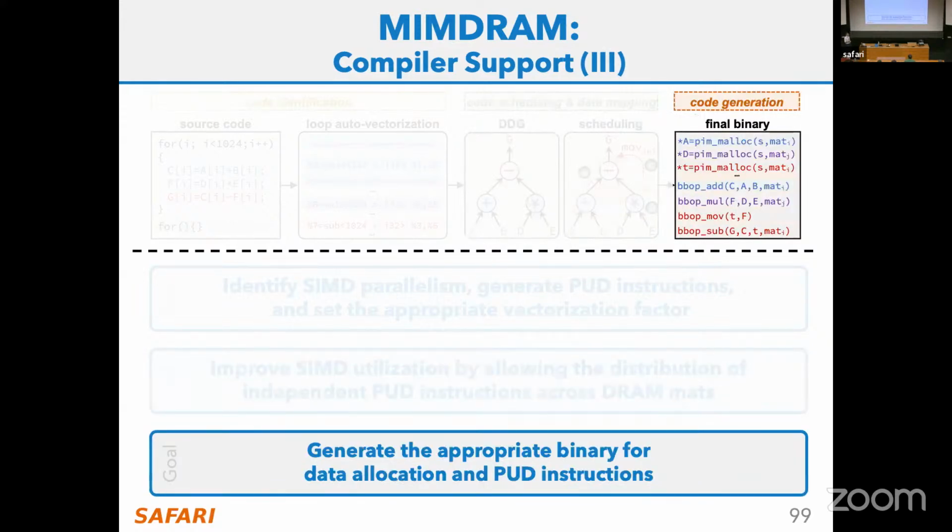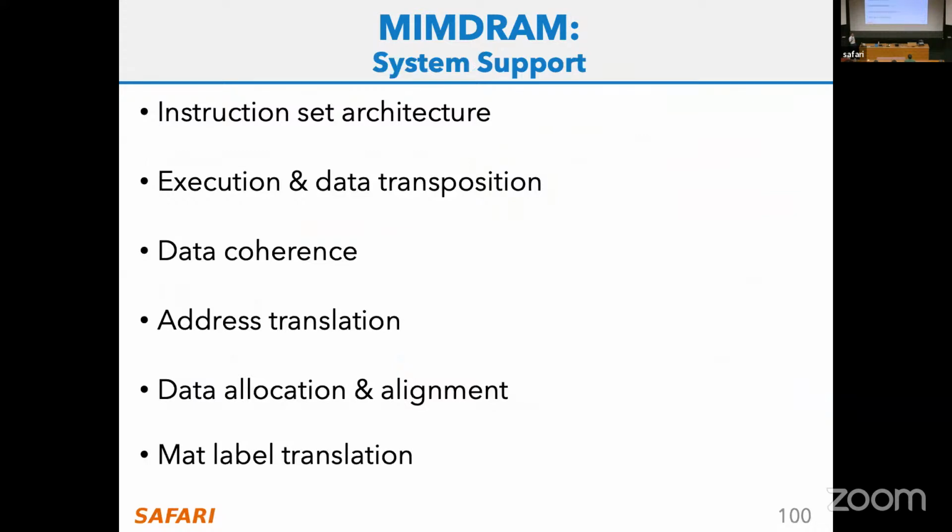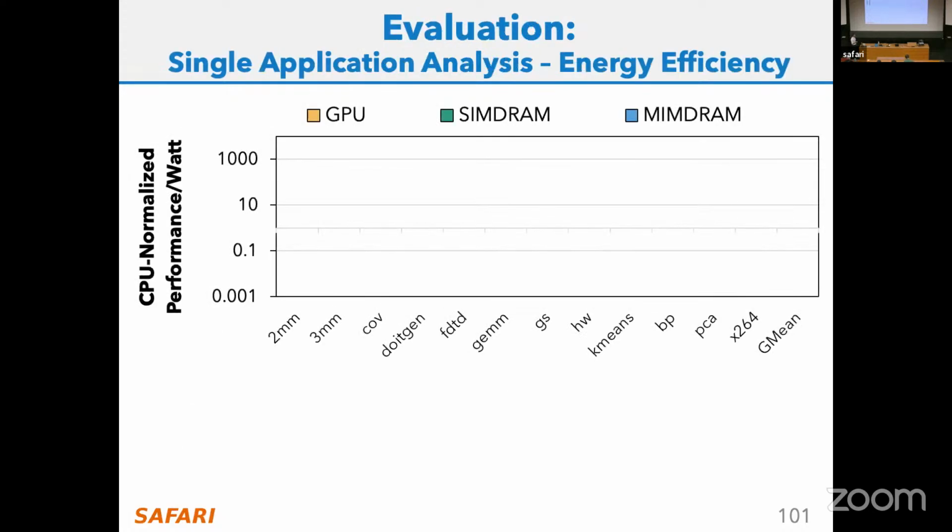And finally, the third step is the extension of the x86 backend, where I'm going to encapsulate the process using DRAM instructions that are equivalent to the operations that I need to execute in the DRAM, together with some metadata to control the METs. We have much more system support implemented in SIMDRAM. This paper is quite dense, actually. And over there, we deal with things like data allocation, alignment, address translation, and data coherence, and many other system integration things. Briefly on the evaluation.